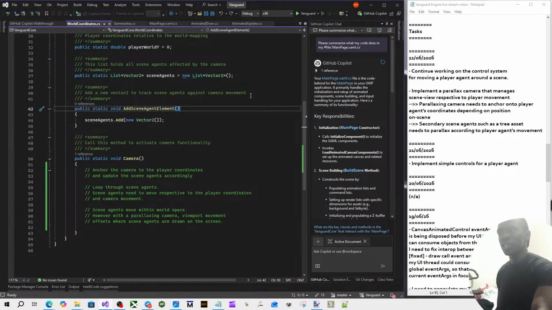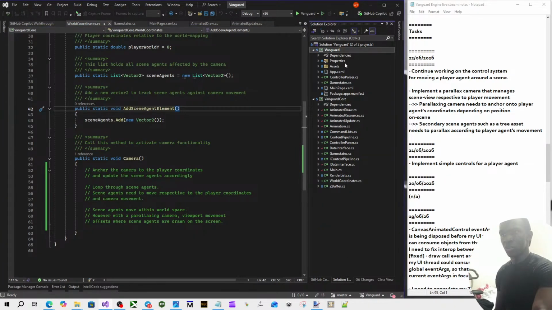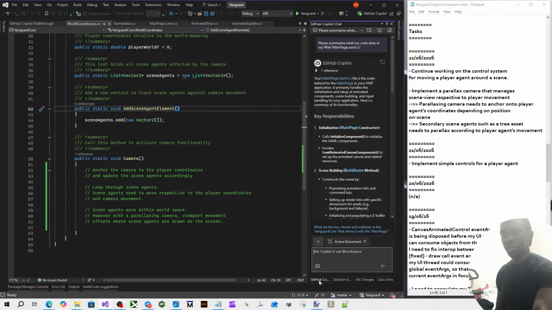Yeah, so before we get into the nuts and bolts of this particular episode, this is the GitHub Copilot panel. It was on the side, which is now at the bottom. All the tabs are docked at the bottom. I've still got my Solution Explorer tab here as well. I've got all my classes. I've got my Vanguard core library, which I've been building for the past 6 days of streaming. I've got my project, which is just a UWP blank project. And I've got this GitHub Copilot